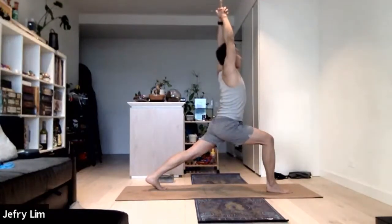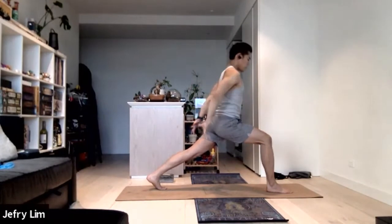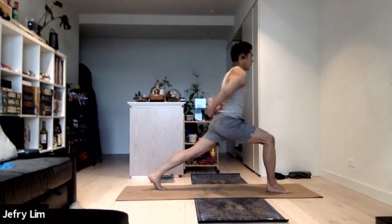Nice, one deep breath in. As you exhale, circle your arms to the back, clasp your arms. Walk, clasp your arms and push your chest up. If you want to, bring a reverse namaste,